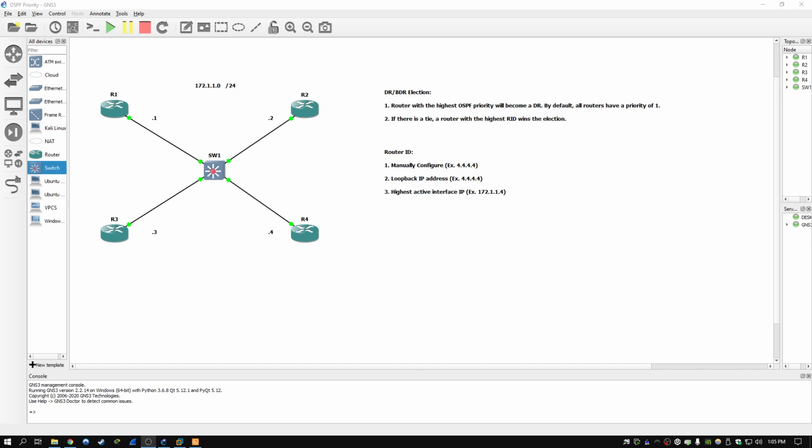Now, on the topic of DR and BDR elections, the first thing it's going to look at is the priority on the router, the OSPF priority, and the default is going to be 1. That can be changed